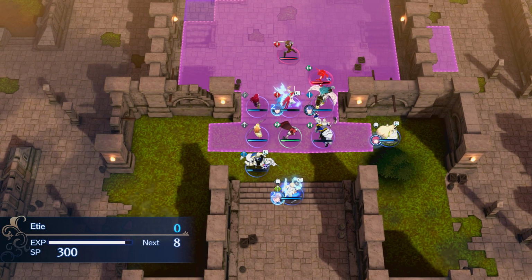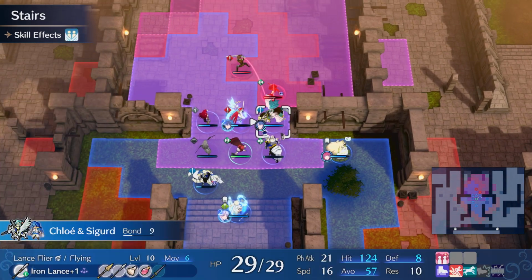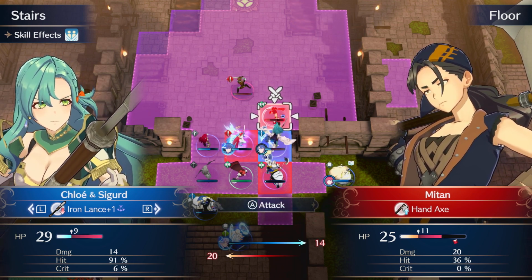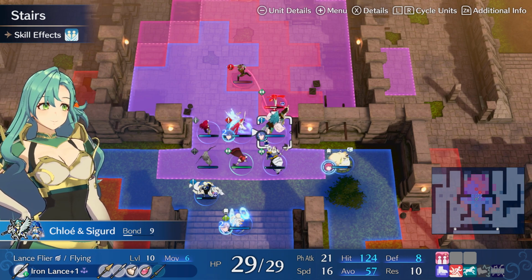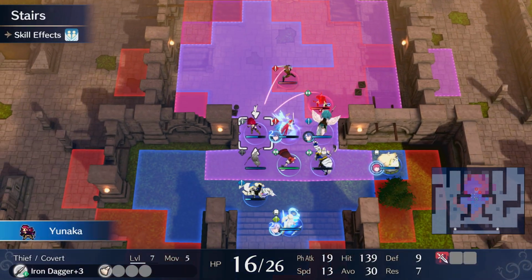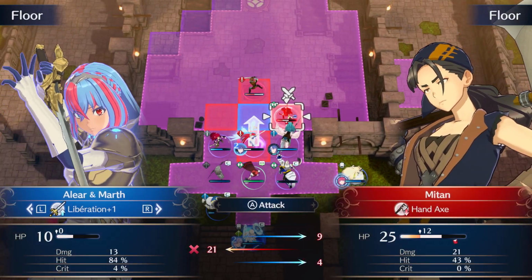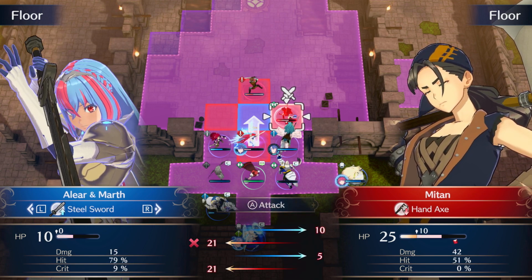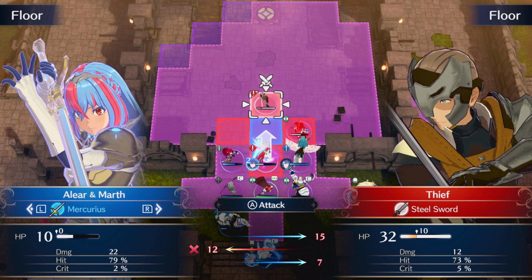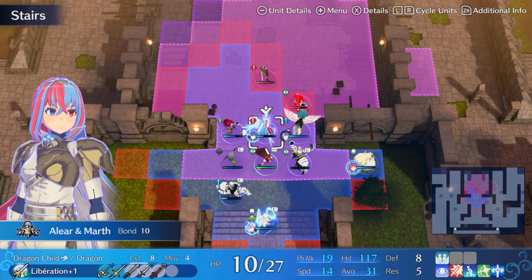Well, maybe not actually, because we didn't get that much damage on the boss last turn. I mean, let's see. Yunaka. Yeah, Yunaka cannot safely attack, which is annoying. I'll manage. You can't safely attack either, so...